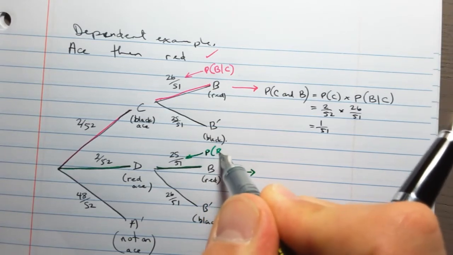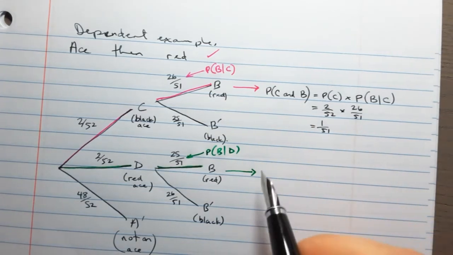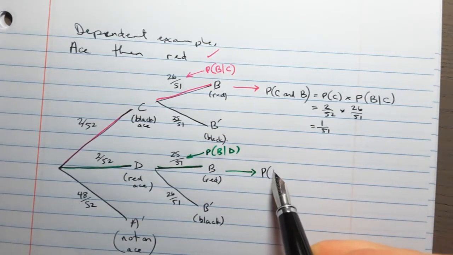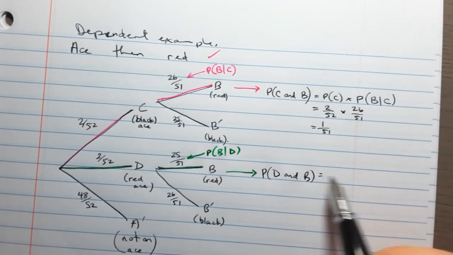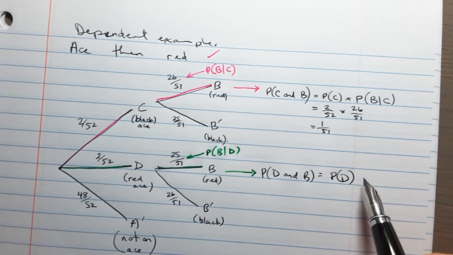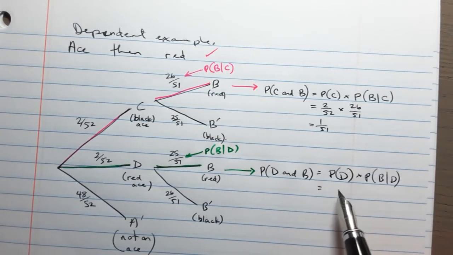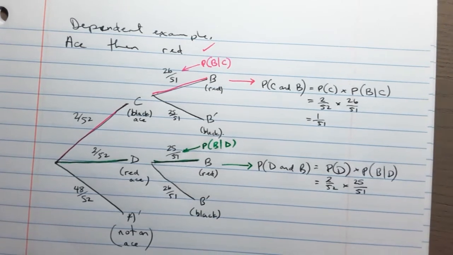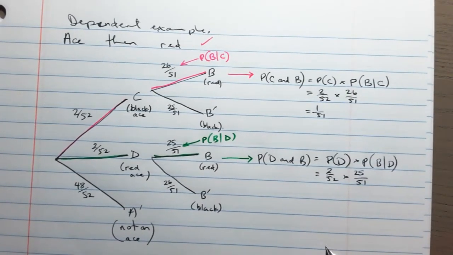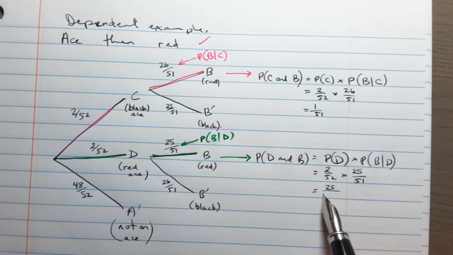Now the other one here, that is the probability of B occurring given that D occurred first, or that a red ace was the first card drawn. So the probability of D and B occurring together is the probability of D, times the probability of B, given that D is what happened. Still 2 out of 52 to begin with, but the second number here is 25 out of 51, a reduced probability of drawing a red card, since D used up a red card. And that gives us kind of a surprising number, 25 out of